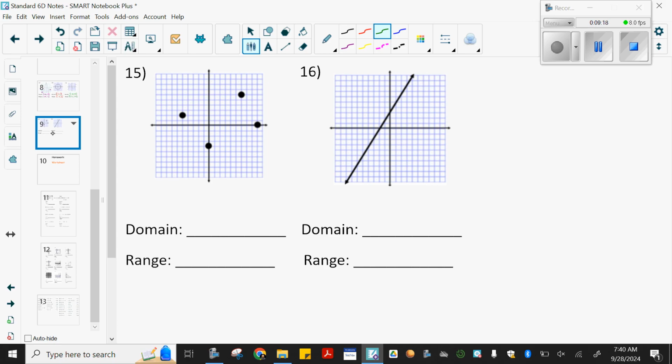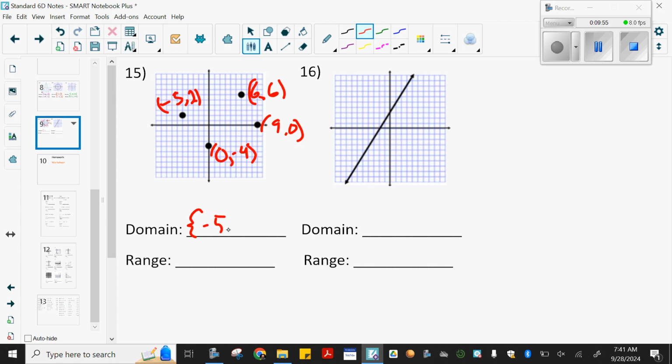Last one, look, here's dots. So when we have dots, we're just going to find the ordered pairs and put them in there, okay? So let's start. This one is negative 5, comma 2. This one would be 0, comma negative 4. This would be 6, 6, it looks like to me. And this would be 9, comma 0. So we want to take our domain,